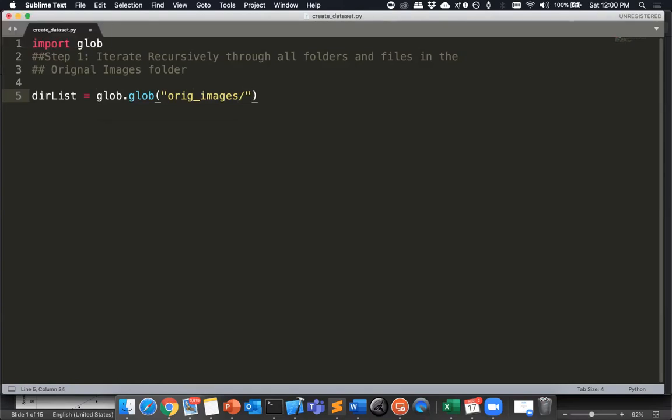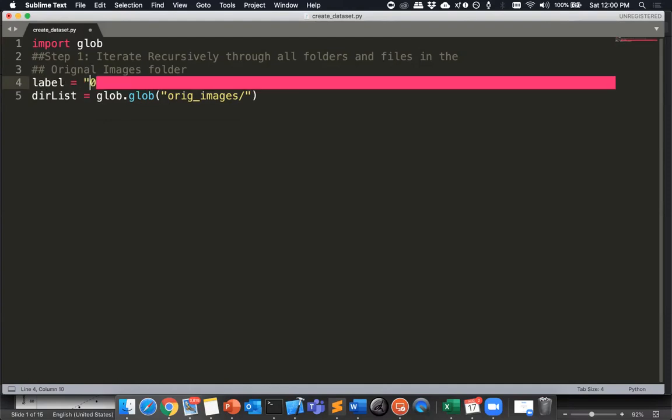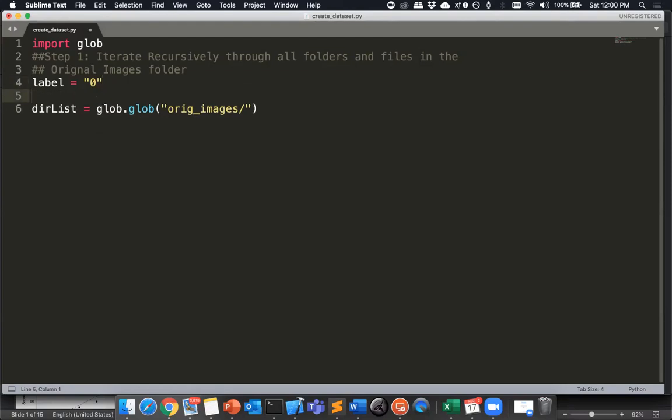I want to go inside the 0 folder, but I'm going to keep it as a variable because we need to go through various folders. If you want, you could do this recursively multiple times as well, or you could do it for one folder at a time. Right now I want to go through all the folders iteratively, but I'm cheating a little and just going through one folder at a time. So I'm going to say label over here. Ideally, I want to go through all the folders in one go and do everything, but just to keep it simple right now, I'm just going through the folder name 0 first, and then I can say